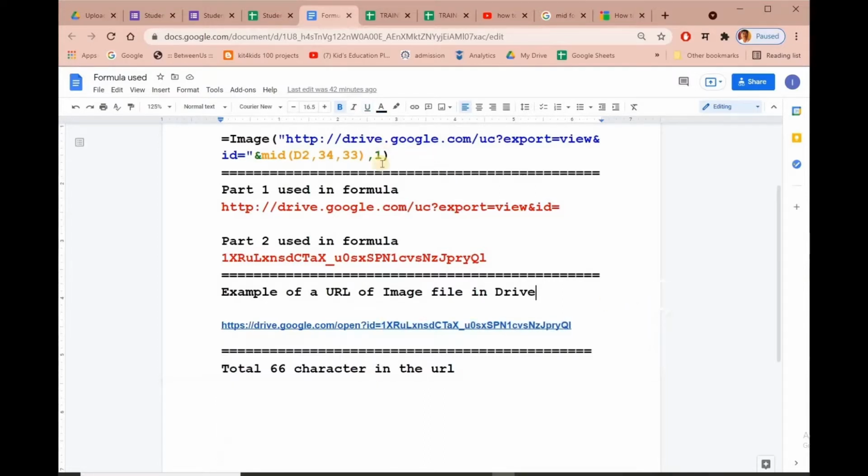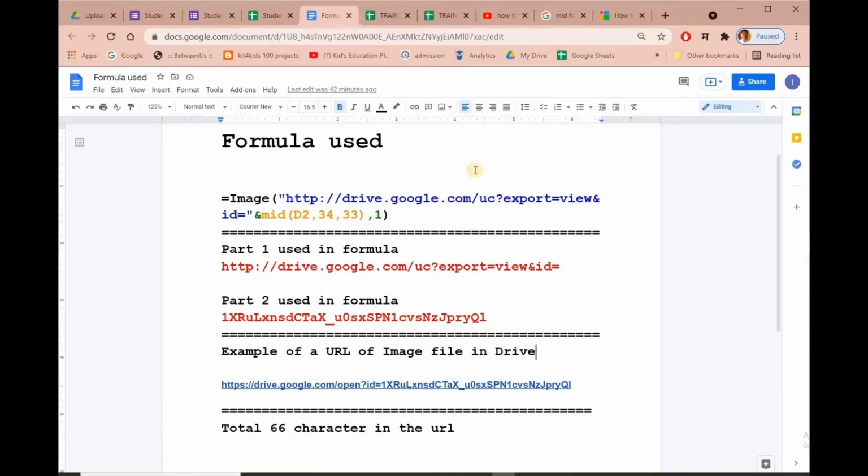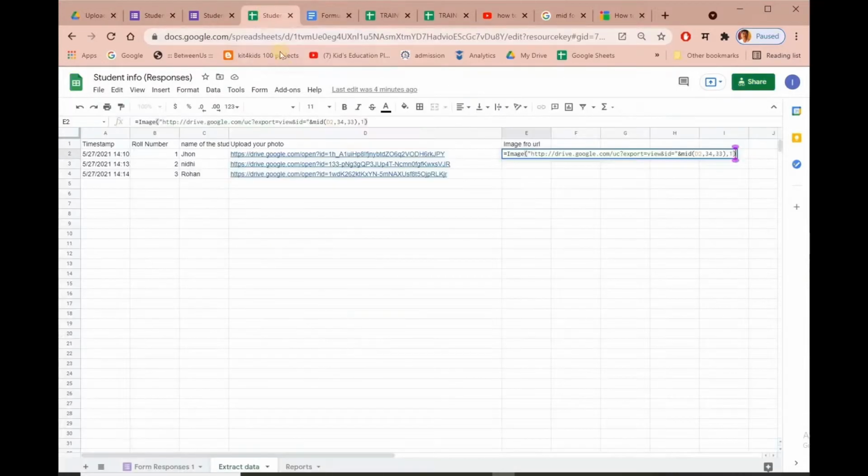Okay, and this one is nothing but the mode of the image. What exactly mode is? For that you can go and Google, so we'll know about this image formula in detail. Now we'll move further. So now what is there? The image D2 is there. Okay, now I will enter. After entering, you can see that now the image will be visible.